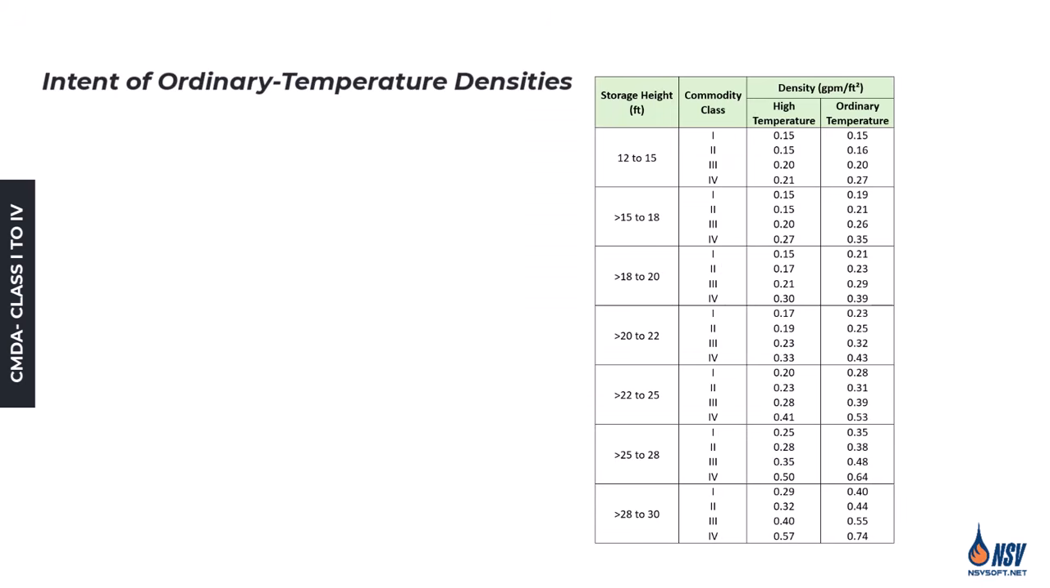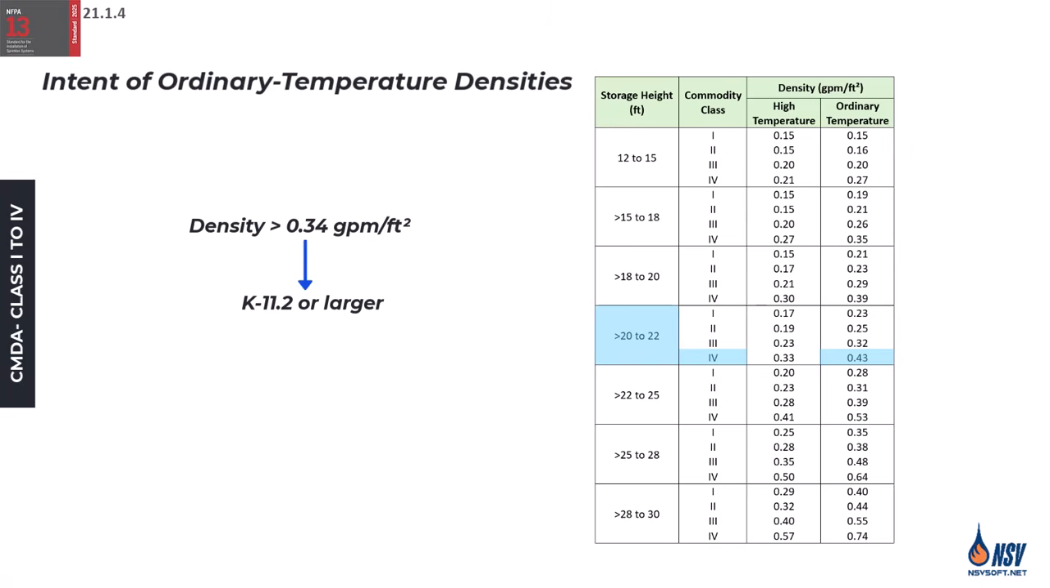Third, we find that in certain situations, for example, a storage height of more than 20 and up to 22 feet for Class 4 commodities, the minimum required density for an ordinary temperature rating is 0.43 gallons per minute per square foot. We know from our earlier rules that for a density this high, we must use sprinklers with a K factor of 11.2 or larger. But we also know that when using these larger sprinklers, our rules allow us to use the lower density required